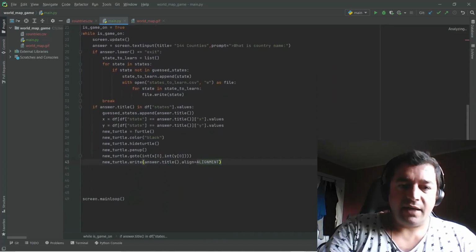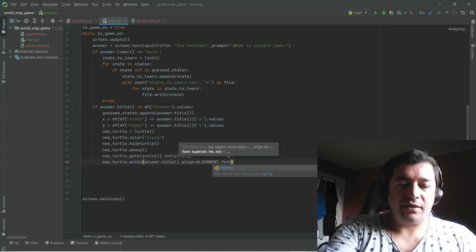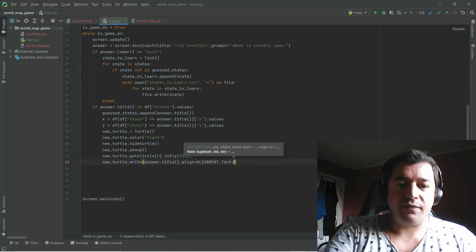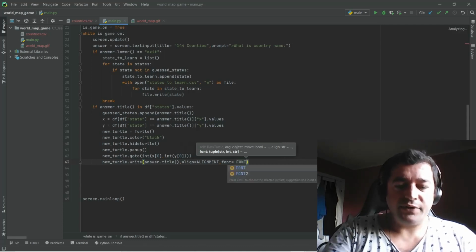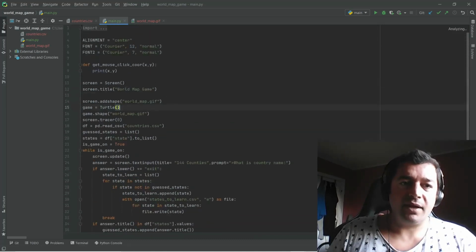So, and after that, I will use a font. What kind of color or font type will I use? I will use that one font too. It's also a constant I wrote before I began this tutorial. Here. Now,